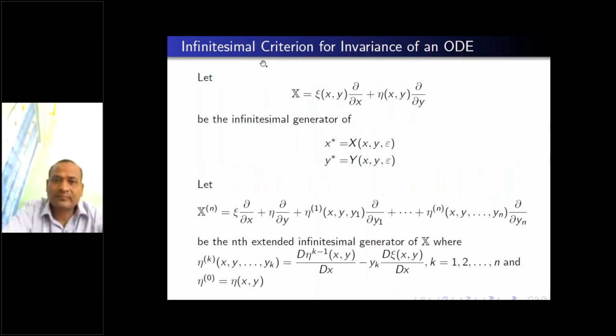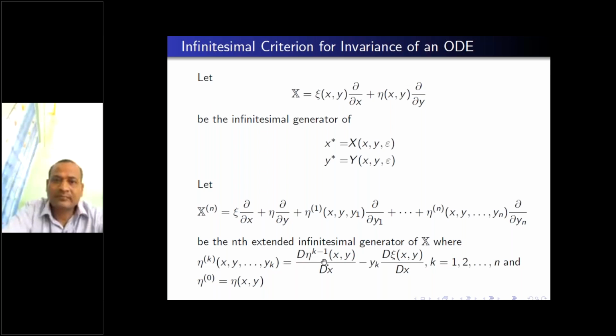Now the next concept, infinitesimal criteria for invariance of ODE. This will be useful when we solve the ODEs. Practically, let X = ξ(x,y) ∂/∂x + η(x,y) ∂/∂y be the infinitesimal generator of the group x* = X(x,y,ε), y* = Y(x,y,ε), and let X^(n), that is ξ ∂/∂x + η ∂/∂y + η1 ∂/∂y1 + ... + ηn ∂/∂yn, be the nth extended infinitesimal generator of X,